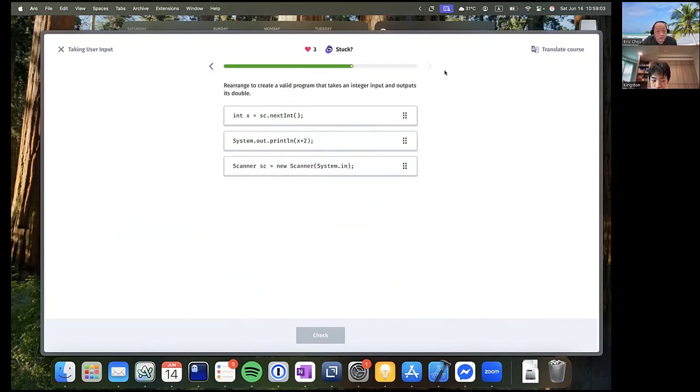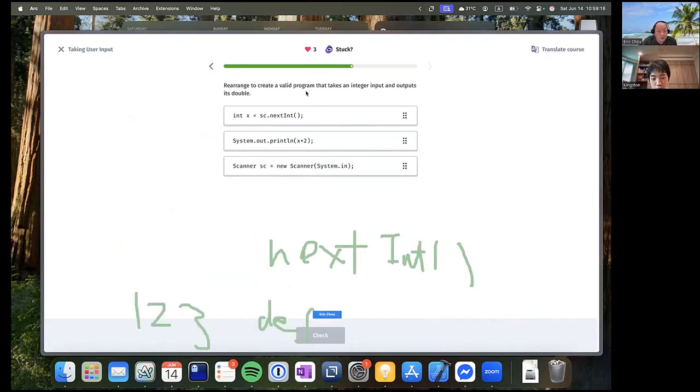This one, next int, is still a next token, but it works for 1, 2, 3, not D E F. Next integer takes one number token. If you have DEF, then you will have a type mismatch error.